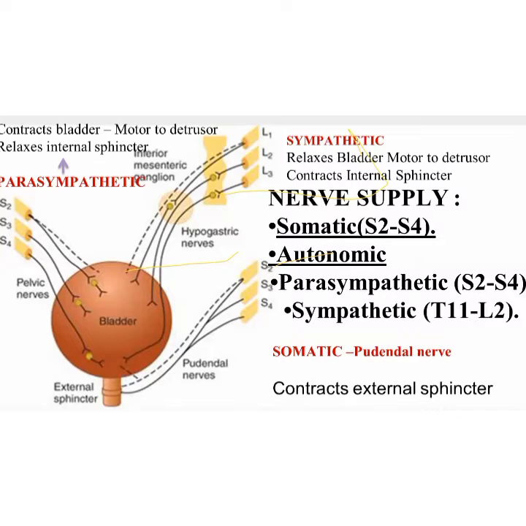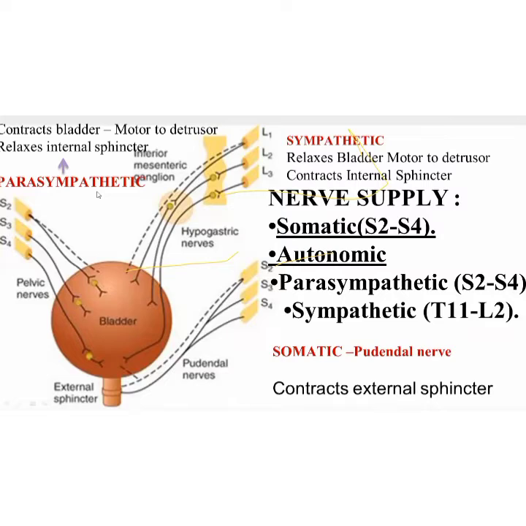The next system is the autonomic nervous system, which is done by the inferior hypogastric plexus. It has two components, both parasympathetic and sympathetic components, with afferent and efferent fibers. Parasympathetic is done by sacral segments S2, S3 and S4, whereas sympathetic is done by the lower thoracic, that is the 11th and 12th thoracic segments of the spinal cord, and the upper lumbar, first and second lumbar segments of the spinal cord. And see what happens.